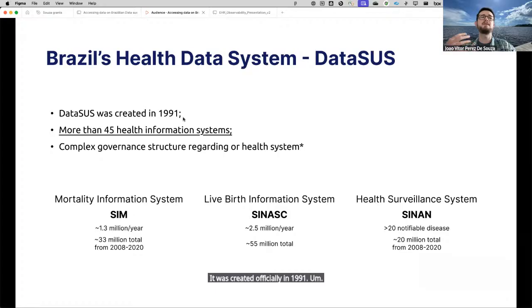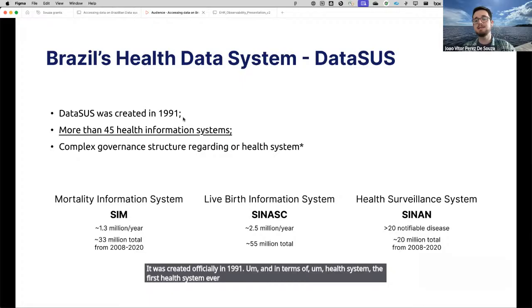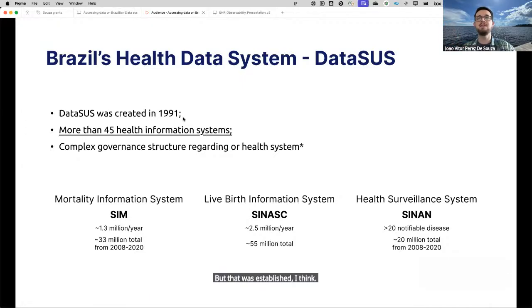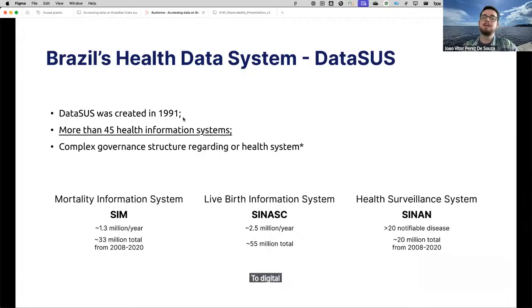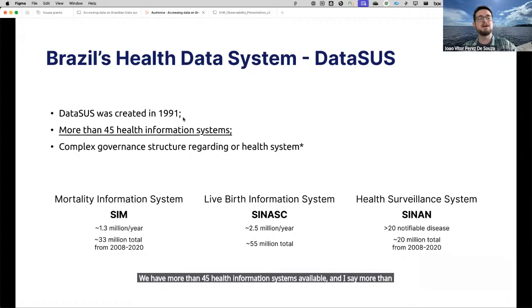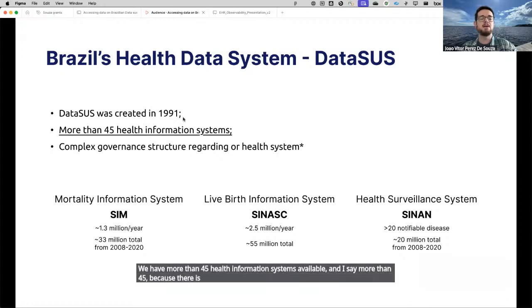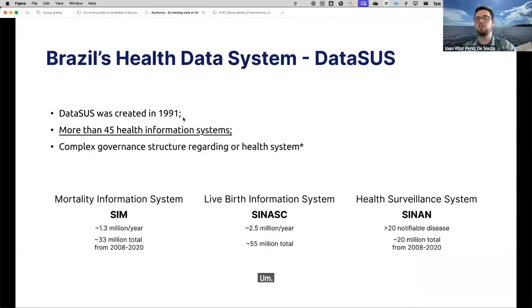And in terms of health systems, the first one ever created was the mortality system, established, I think, in the 1970s, and was the first database that actually moved from paper to digital once the DataSUS was created. We have more than 45 health information systems available, and I say more than 45 because there are some conflicts on the definition of what the data system is.